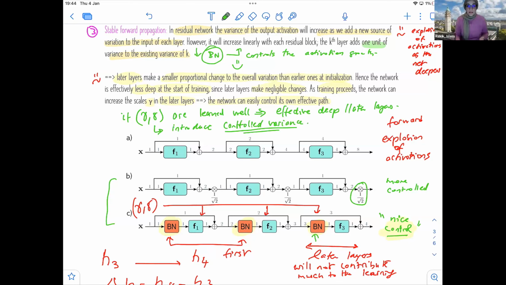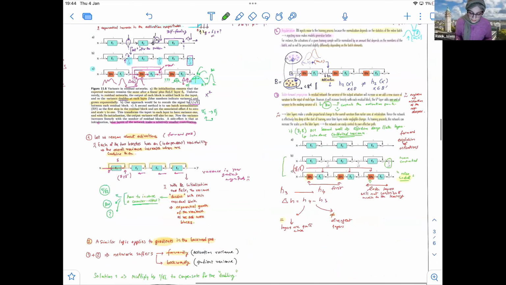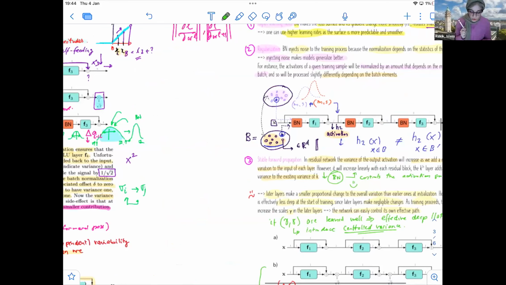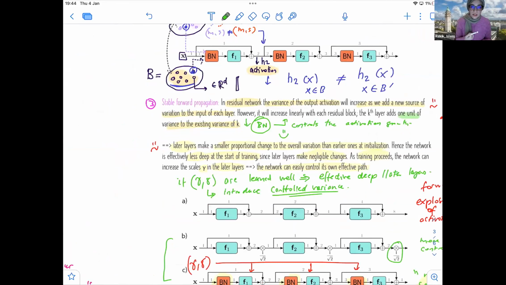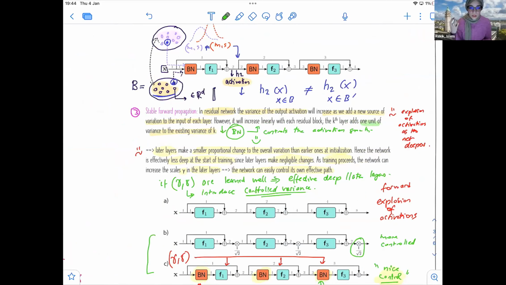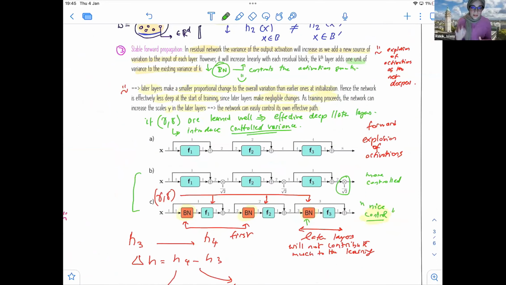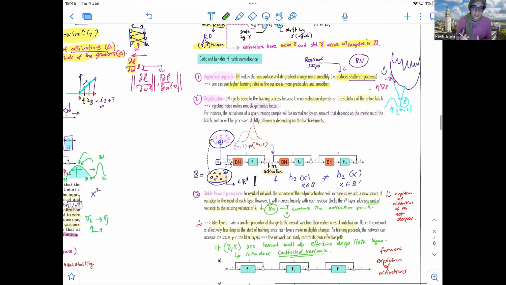Okay, that was pretty much it about residual networks. So we have a good story here. We can make our residual networks deep, but to make them deep, we need to use BN. It solves the shattered gradient problem. It solves the bad training. But we also need to make sure that we're learning the scaling and the shifting parameters of batch normalization very well. You can see that batch normalization is actually very powerful, because without it, you cannot deepen your network. And without it, you cannot have a good training of your network. Okay?